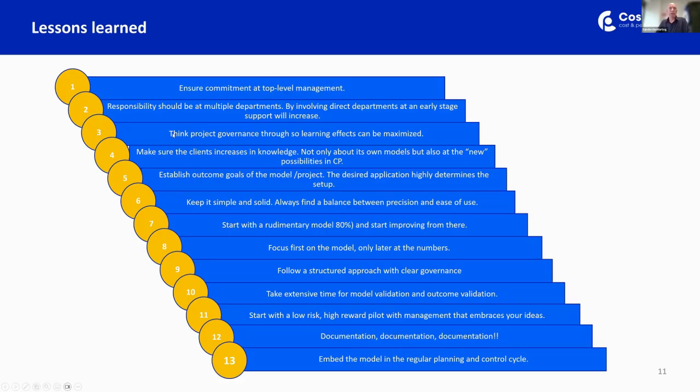Another thing that we really see is the project governance of getting on board with such a project. We see that it's too often a one-man army, like I said before, and there's no learning effect being maximized. So we always say right from the beginning, make sure that you know how to learn in this project. That's why, when there is a consultant involved, and I've been guilty of that very, very often as a consultant at KPMG,